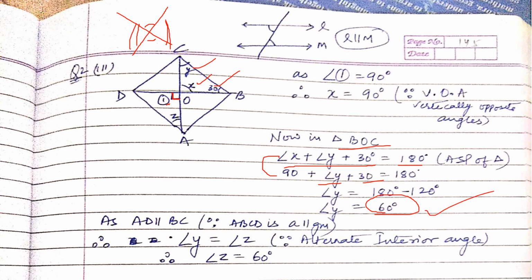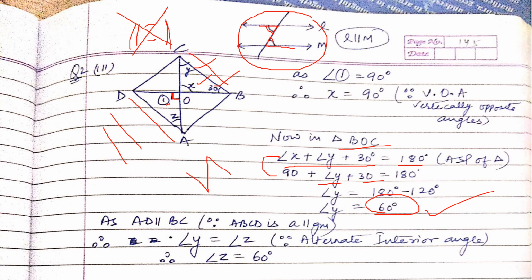Now we can use the concept of Z again. What is the concept? Very simple. Whenever we have two parallel lines like this, suppose there are two parallel lines L and M and there is a transversal. So these two angles which are formed in a shape of Z, they are known as alternate interior angles. If you see this CB and DA, they both are parallel and this CA is the transversal. So our Z is forming in this way.